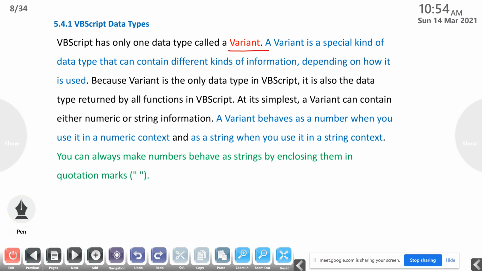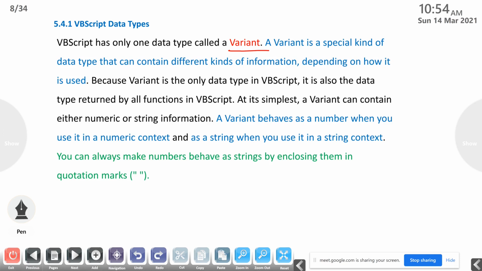A variant is a special kind of data type that can contain different kinds of information depending on how it is used. So depending on how we use that data, the variant type may vary, because variant is the only data type in VBScript. It is also the data type returned by all functions in VBScript. From a function, as we know, we can return a value.